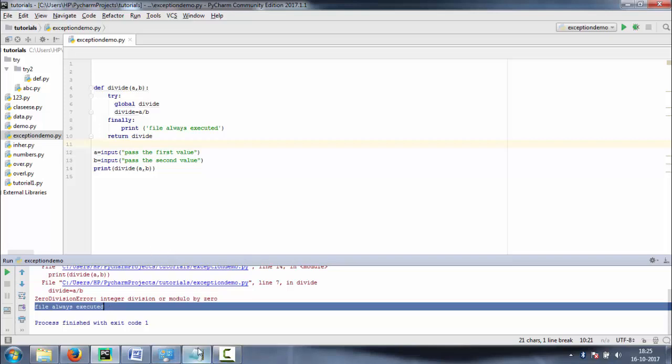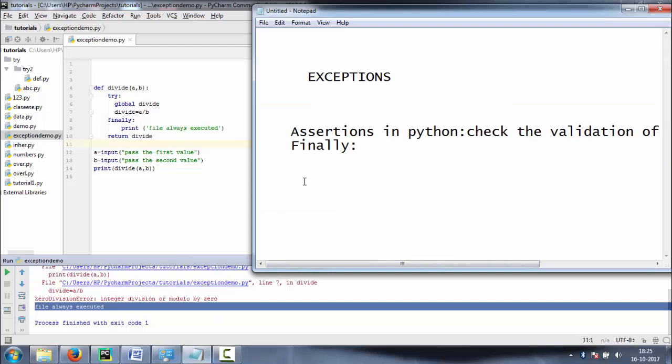Okay, now our last topic is raising an exception. What does that mean? An exception can be raised if we want to generate our own exception in a particular situation.